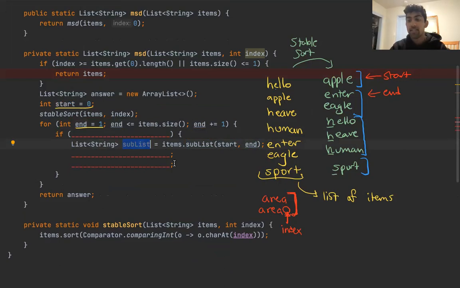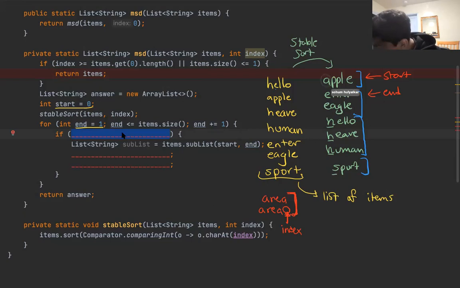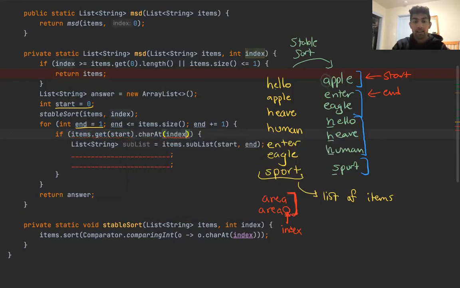Well, the next question that arises is, how did we know that we needed to create a sublist here? Why couldn't we move end a little farther before creating the sublist? Well, the reason is that when we compare apple's first letter to enter's first letter, we see it's different. So the idea behind that is we want to say if items.get of start, because start is one word, and then we're going to look at the character at the index is not equal to,